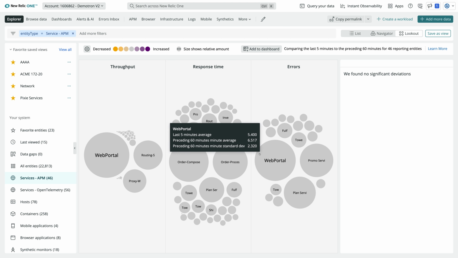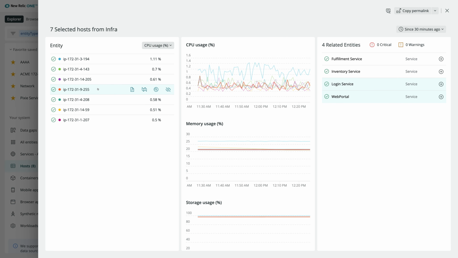I noticed right away that one of my hosts has a storage usage of 100%. Let's sort these hosts by storage usage. Next, let's select and view all of these hosts so we can analyze more about them. Here we can see all the selected hosts and their golden signals on a graph comparing each other. By moving our mouse over each host, we see not only the related entities on the right-hand side, but that host-specific golden signal highlighted within the center column.